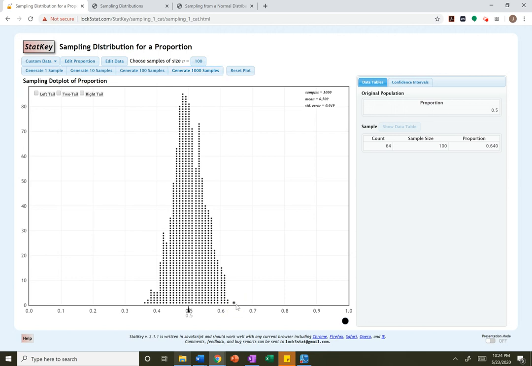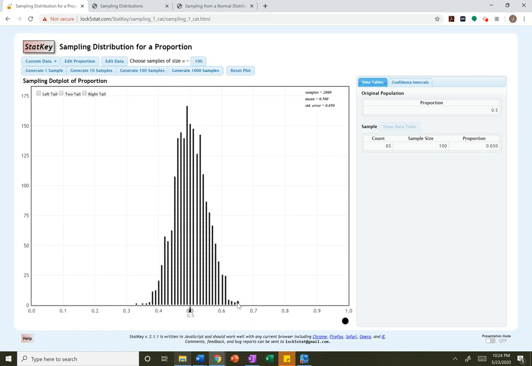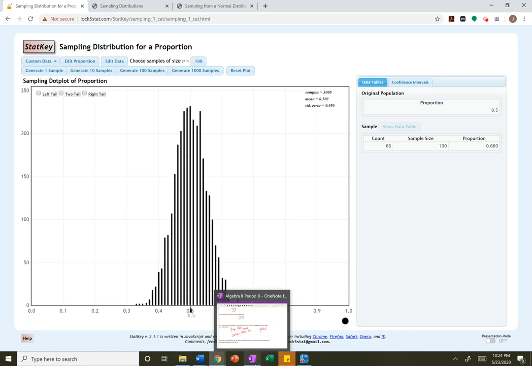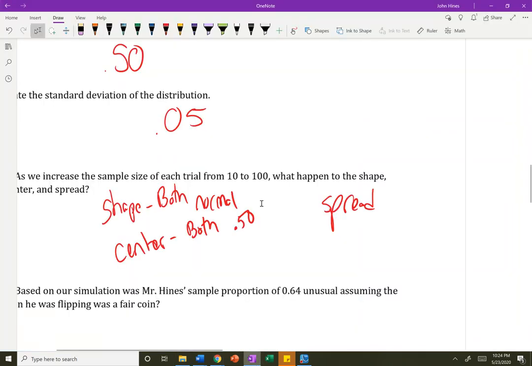decreases. The highest one I've got here, let me do it another 1,000 times, just for good luck. One more time. So it's spread from a low here of 33 all the way to a high here of 66%. So the spread decreased,